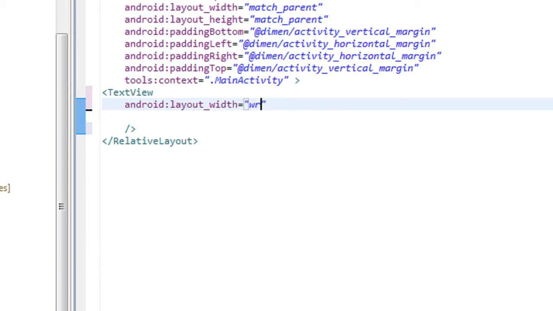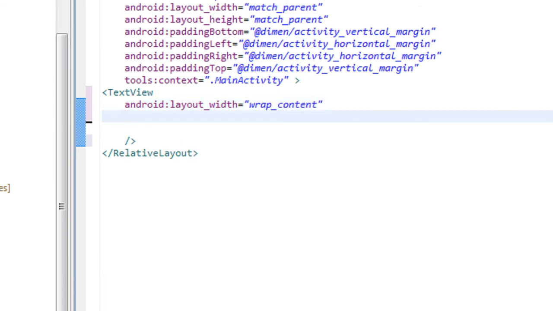I align the width of the layout as wrap content. That means the width of the text view is automatically adjusted according to the content in that text view. Next I have to set up the height of the text view.